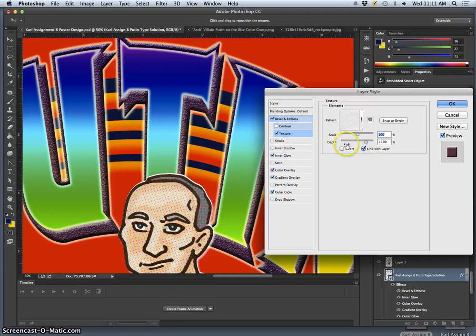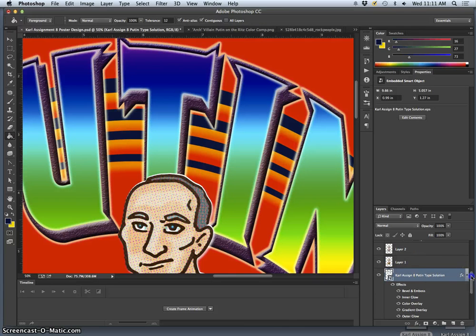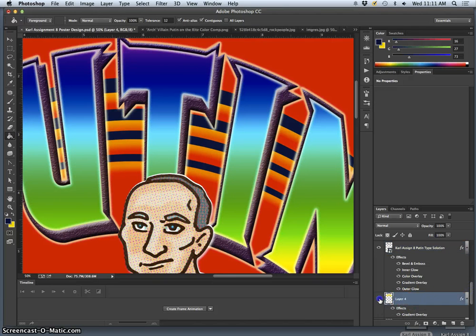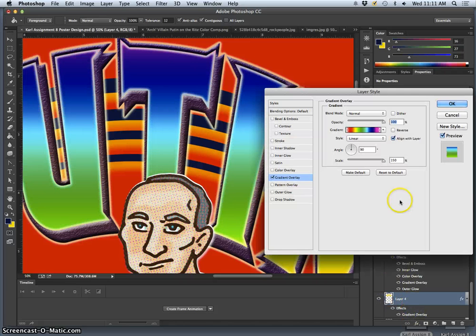You can really modify that texture. The scale of it matters. How visible do you want it to be? The depth of it. How subtle or how strong is it? And I can do that also with the text, with the interior fill, which is this right now, which is a very strong gradient overlay. Maybe I want to take that